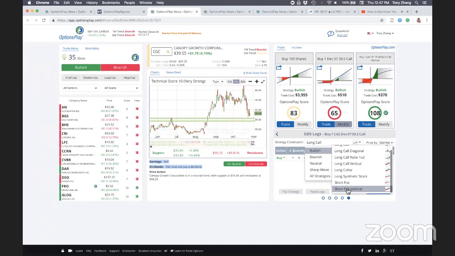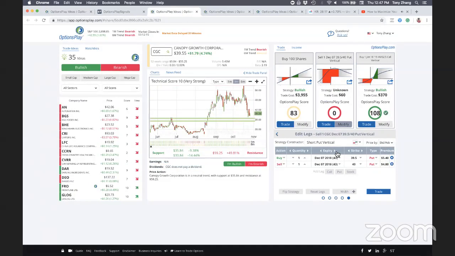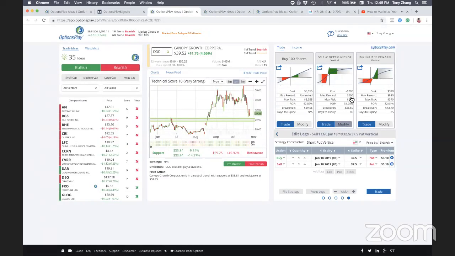versus selling a credit spread. So the difference between these two strategies is, let's say I'm going to do a $5 wide spread. $5, I want to collect roughly a third of that. So here, if I sold the 35, up the 30, I'm going to collect roughly a third of that. Maybe I can get a little bit more aggressive on this high flying stock. I'll sell a 37.5 by 32.5. What that means is I'm collecting $200, risking $300. Here my max reward is $880 versus max risk of $370.